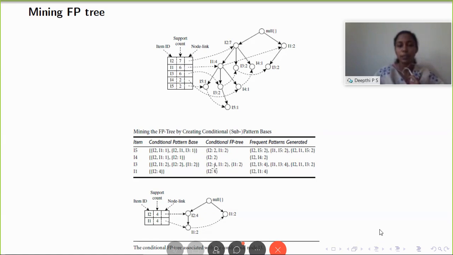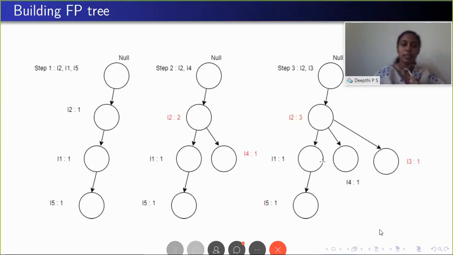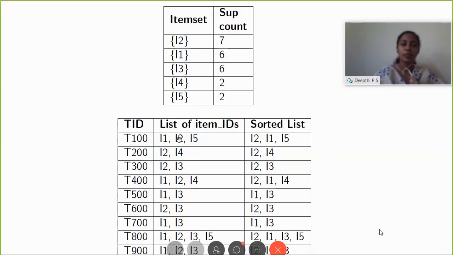But here, the support count of I2 is 4, but I1 is 2. So you have to take the minimum value, 2. Then only will you get the support count right. We can verify with the support count in the question also. After generating these items, you can go manually and check in this set the support counts, that is, I1 and I2 appearing together. What is the count? You can check that and verify if you have done it correctly.